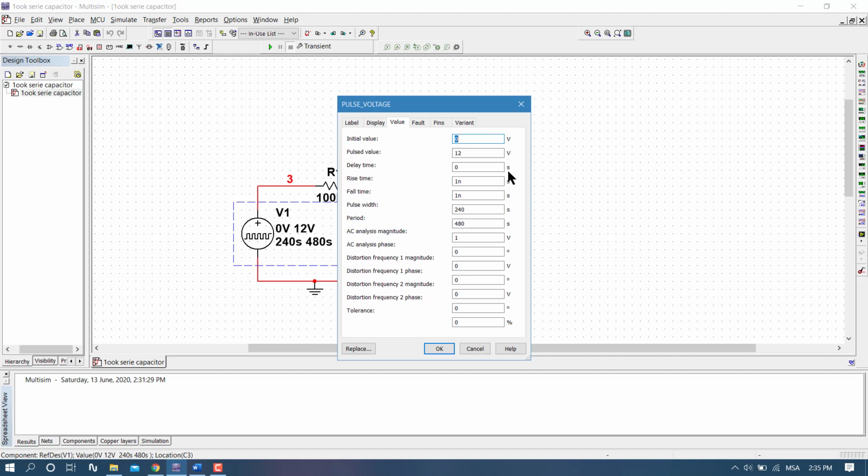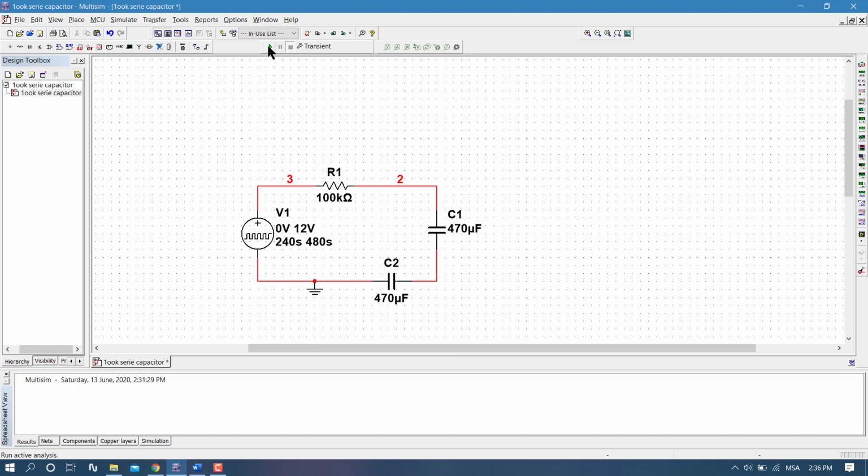I do this because 240 seconds is for the charge, and 480 is the total for the transient, for charge and discharge. So as you can see here, at 12 volts we charge to 12, and after the 240 it will be discharged until 480. Okay, if I run this,